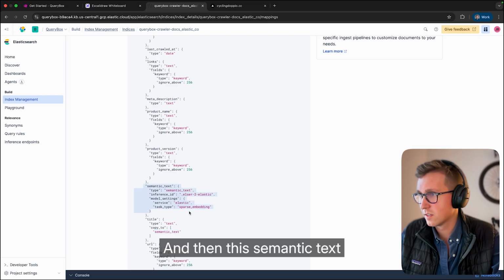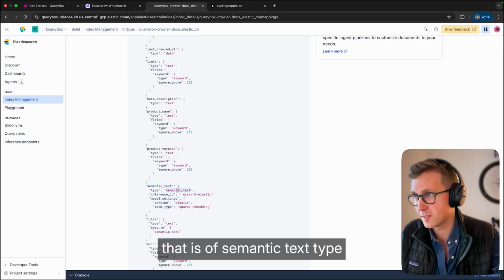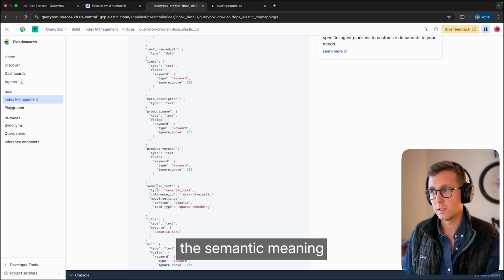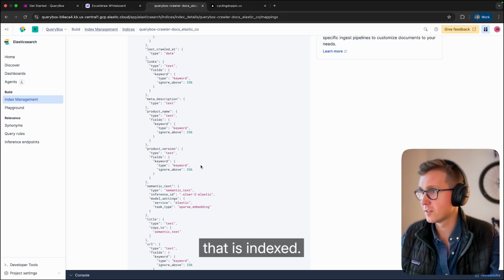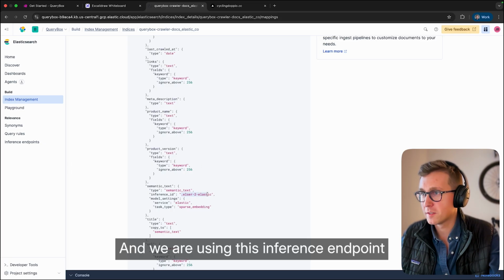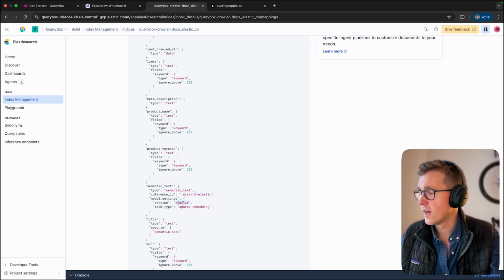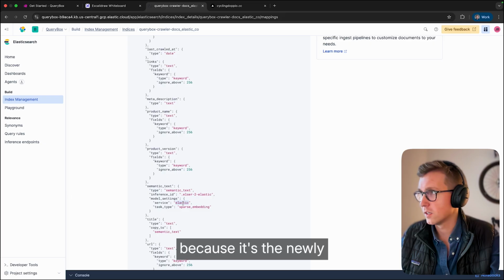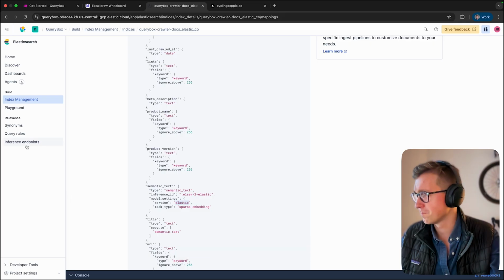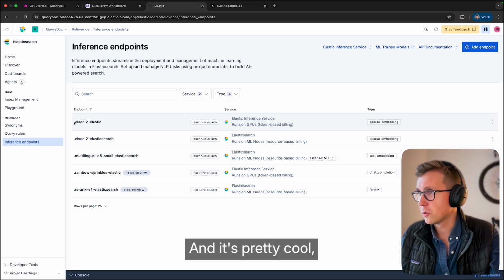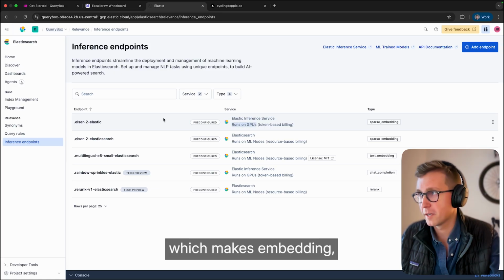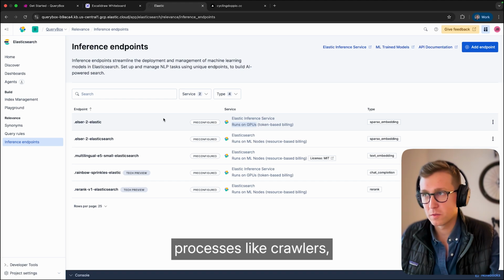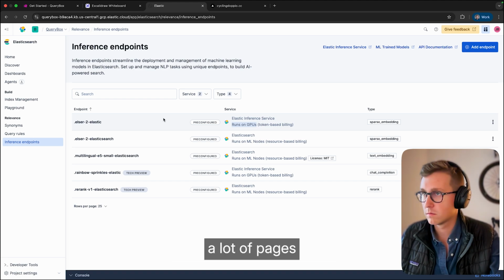And then this semantic text field, of the semantic text type, will actually capture the semantic meaning of the page that is indexed. And we're using an inference endpoint managed by Elastic. I just want to mention it because it's the newly released Elastic Inference Service. It's pretty cool because this is a sparse embedding and it runs on GPUs, which makes embedding pretty fast, which is very handy for processes like crawlers where we want to ingest a lot of pages at the same